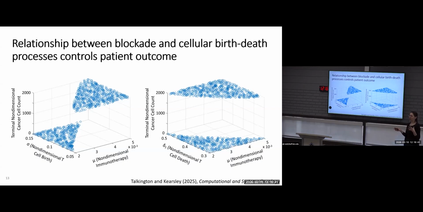If you have what we would call a cold tumor, so not that many immune cells, we would need to really, really make sure that those cells are active so they can work a lot harder to try to keep the cancer in check. Versus if we have what we would call a hot tumor, so if there's a lot of immune cells, then we don't necessarily need to be as careful, or the therapy maybe doesn't need to be quite as particular just because you have more immune cells that could handle the job.